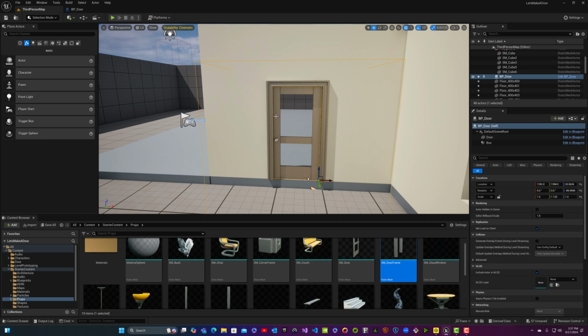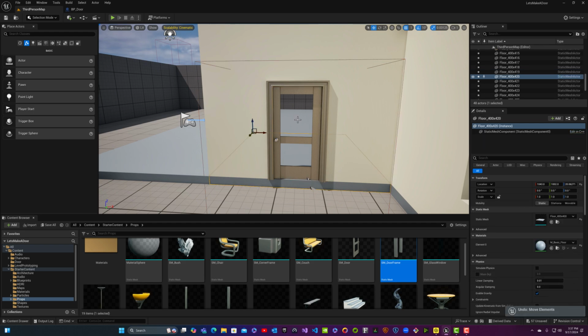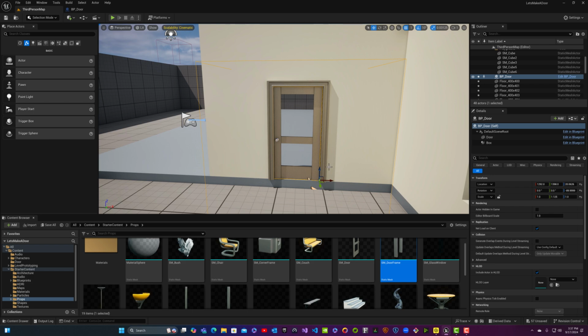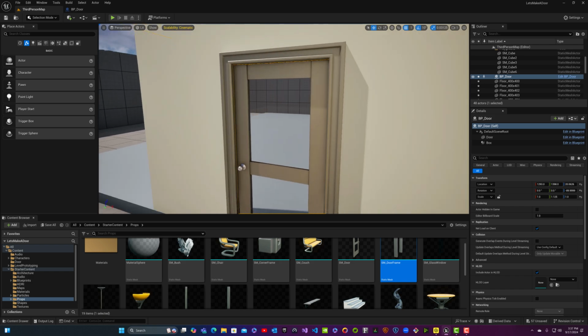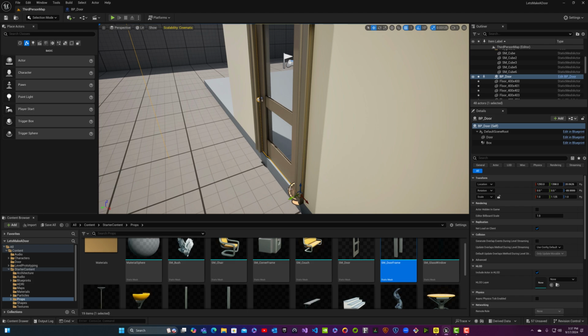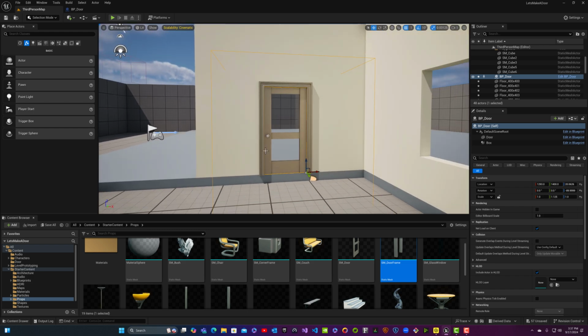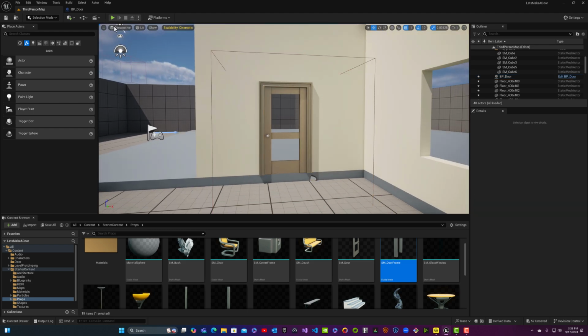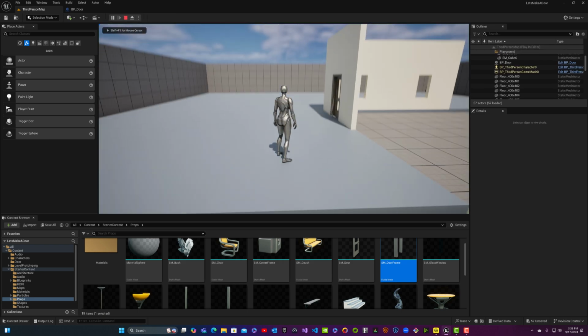Oops, I think I just moved the wrong actor. Okay, so let me select the door again, making sure that it's properly centered and lined up as being the front door. Okay, so we could play test this right now if we wanted to, because that door blueprint should still be